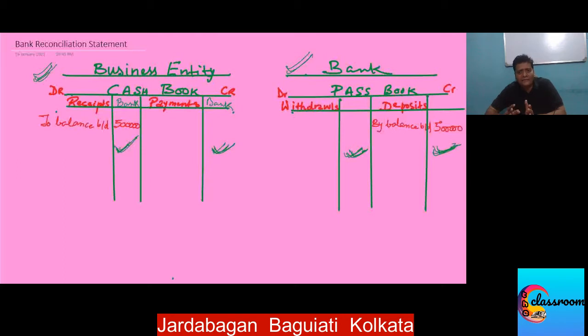Having learnt that these two books should match, but practically they do not match, now I'll tell you why there's a need to reconcile these two books. Because at the end of the accounting year in particular, the statutory auditors or the government or any other agency would like to check the balances given in the balance sheet. So when they go for checking the bank account, they will ask for the passbook for verifying the veracity of the figures shown in the balance sheet.